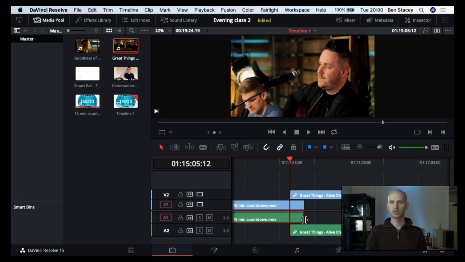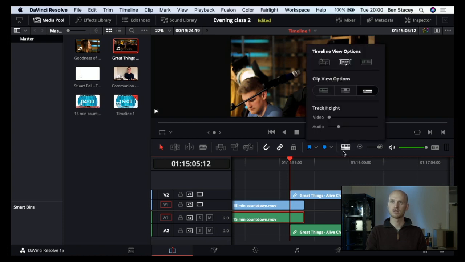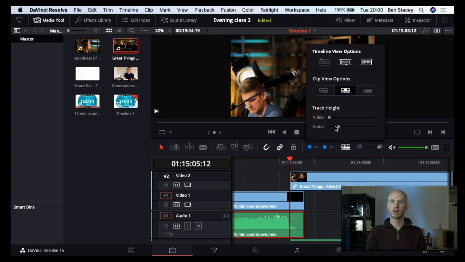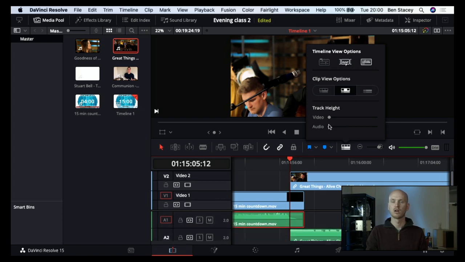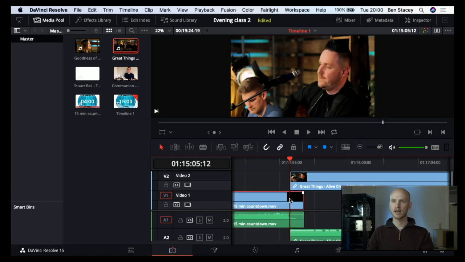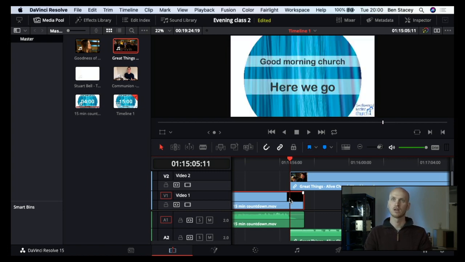So our audio runs on right to the end, and in fact if we, in this settings menu here, we can turn on our audio waveforms. And we can see a bit more of what's actually going on with that track. So we know that here our playhead is at the end, the last frame, which has some video on it